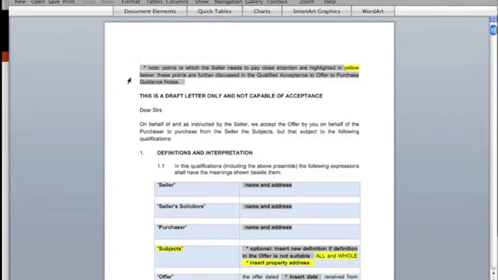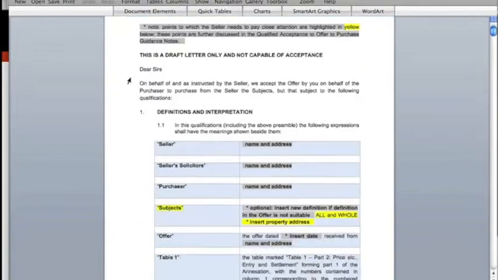It's here in the qualified acceptance that you start to see the differences. The first difference is that the qualified acceptance is quite a bit longer. I'll explain why in a moment, but briefly its structure is quite similar to that of the offer. The second difference you'll see is that the main body of the qualified acceptance contains a list of standard definitions for such things as building documents,